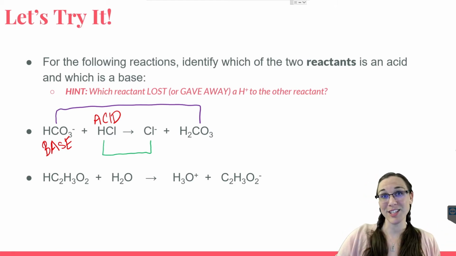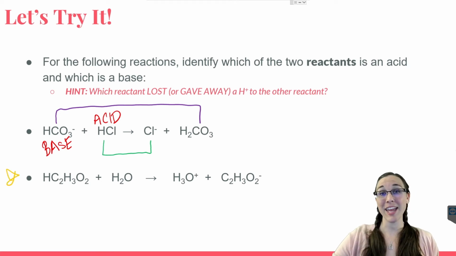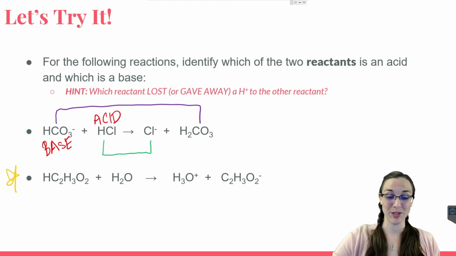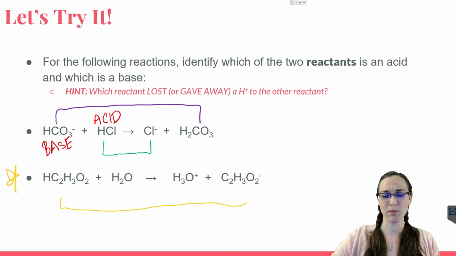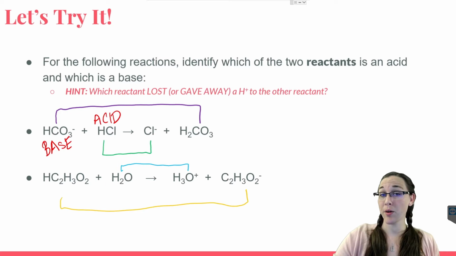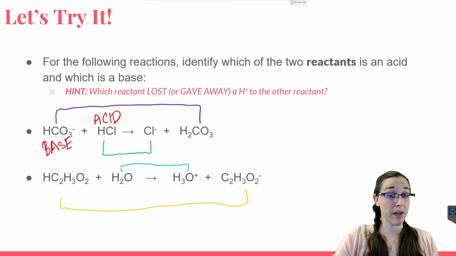Let's use the same logic for the bottom equation. We have HC2H3O2, and that clearly looks more like the C2H3O2-. We also have H2O, and we're going to link that with H3O+, since that's what it most looks like. When we compare the H2O on the reactant side to the H3O+ hydronium ion on the product side, we see that